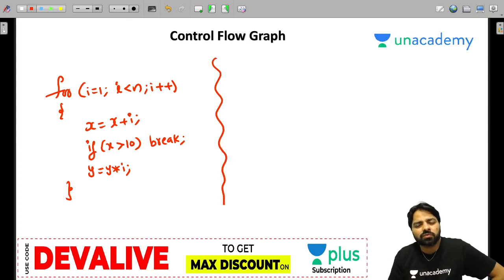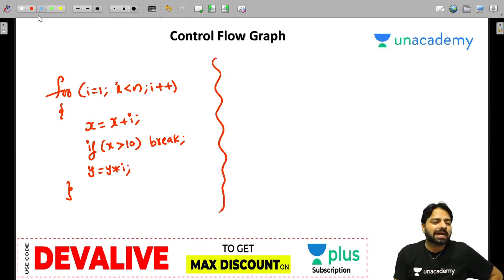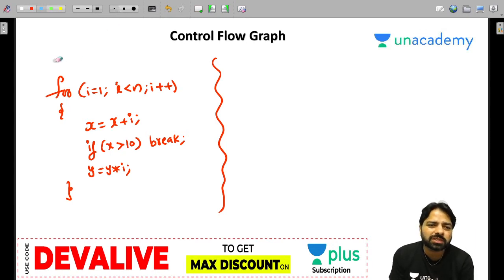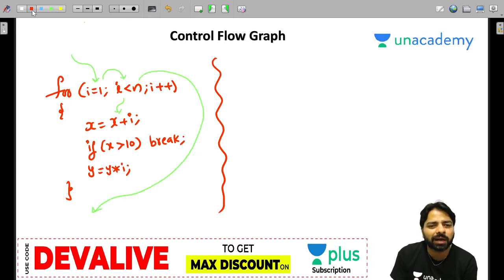How to draw a control flow graph? First you need to understand the control. Remember that. You will start from here. You will go here. This is a control. You can say control flow, but it's a control flow graph. We can't say just flow. And you will enter here, or you will go out. So here you might be printing, let's say, x comma y, something like that.